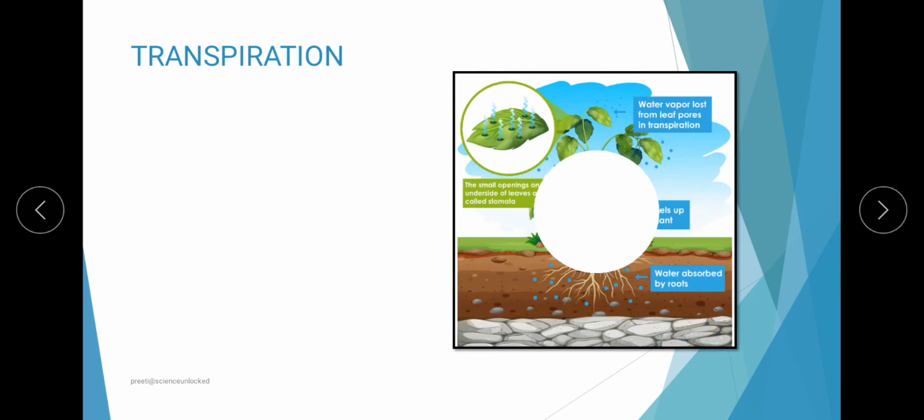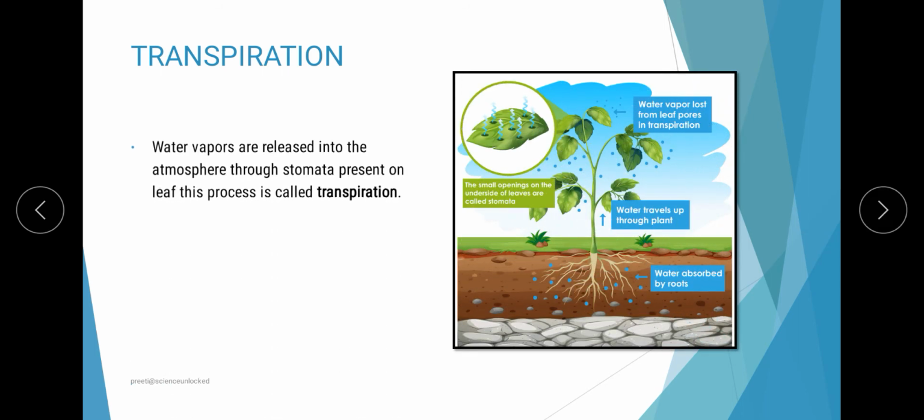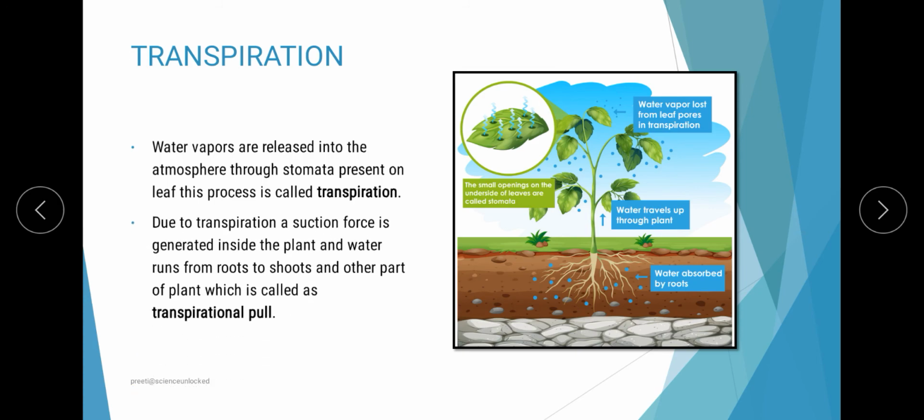Now the next important process I must say, related with plants, is the process of transpiration, which is a little bit similar to photosynthesis in terms of the usage of the organs. Over here it is the process where we talk about the movement of water through the stomata. The structure involved is similar to photosynthesis: water is absorbed through the roots, taken up to the leaves, and from there the process modifies.